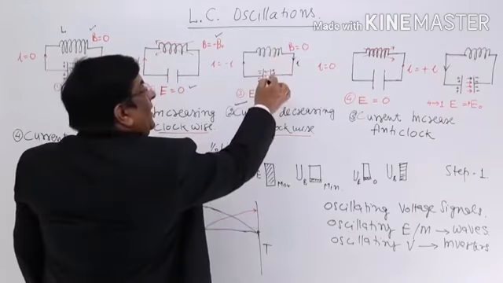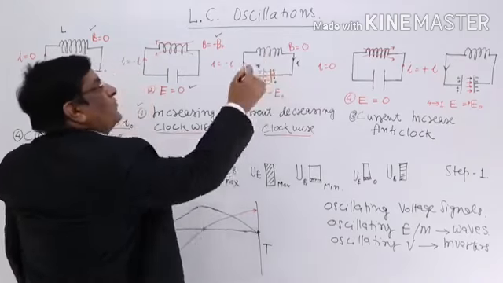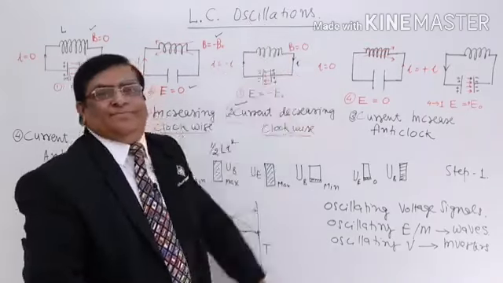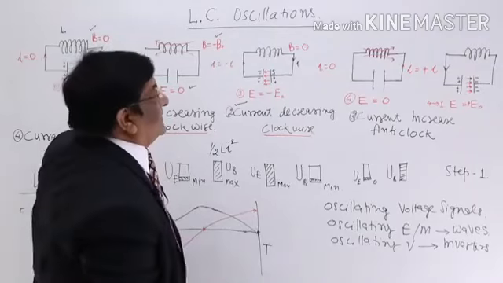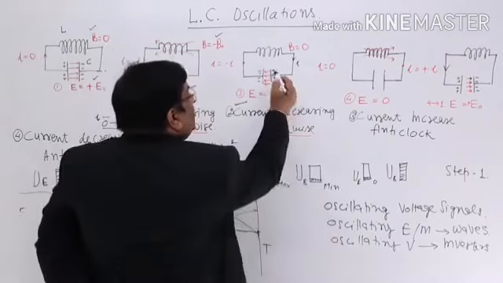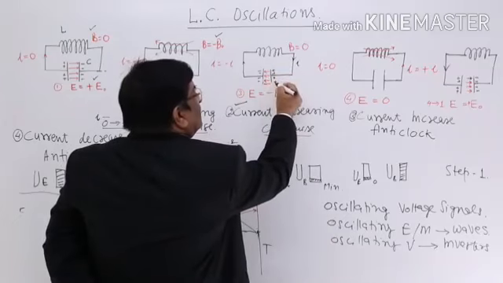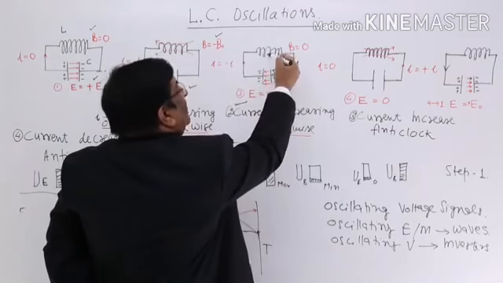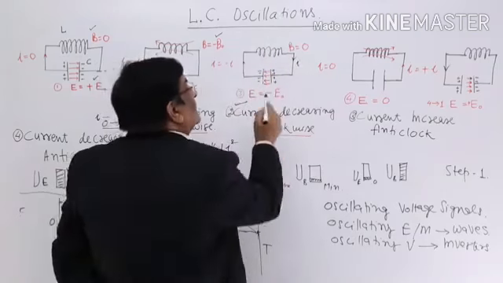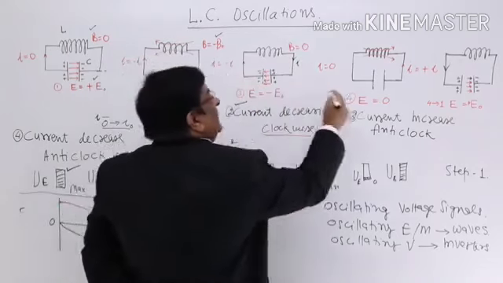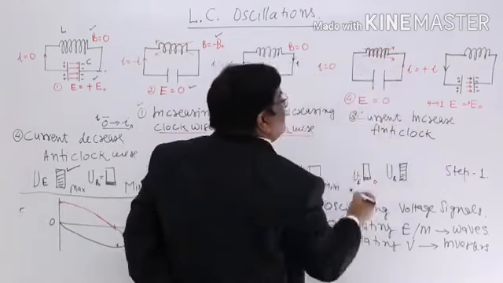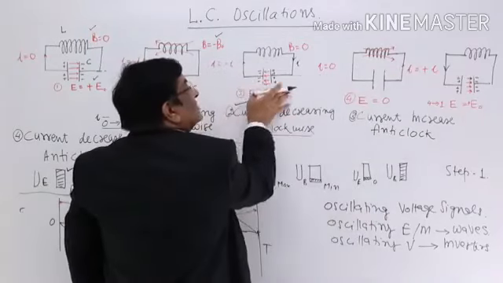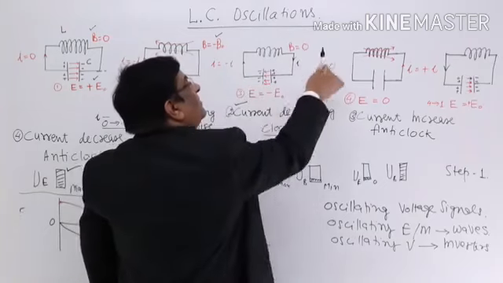And when it pushes it all, then what happens? It has no more energy to push the charges and the current becomes zero. Now, when the current becomes zero, what happens? All these positive charges wish to go to the negative end and here is a path available. This copper wire. So, start current this way. Now they start current this way. So current increases anti-clockwise. All these charges again start traveling this way and they form electric current.